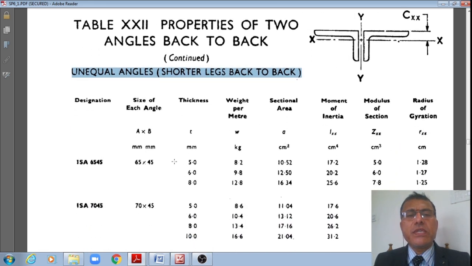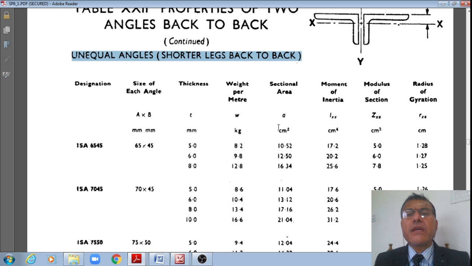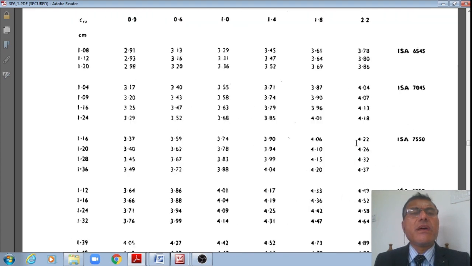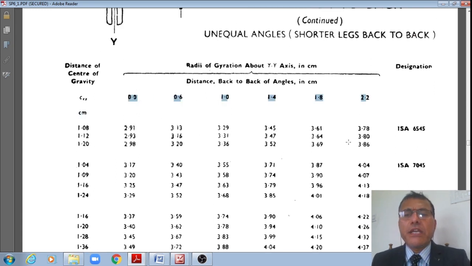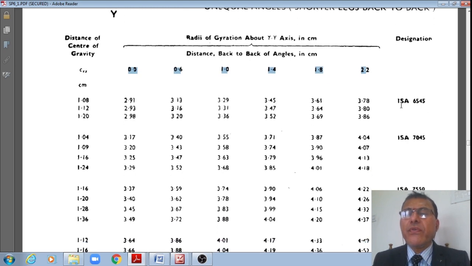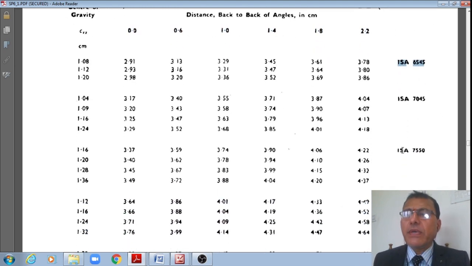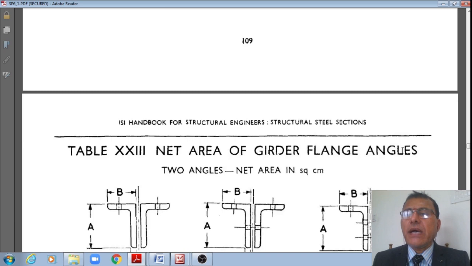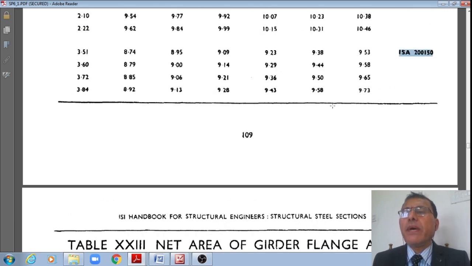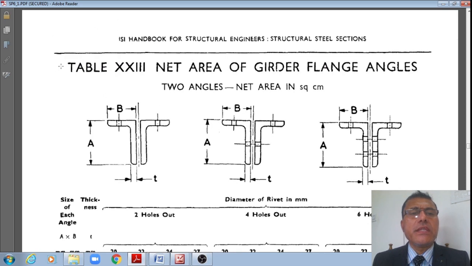The different properties, as you have seen in the previous case: the weight and the sectional area, the moment of inertia about major axis, the section modulus about major axis and radius of gyration, and the distance of center of gravity and radius of gyration for different gusset plates, when different angles are used, ISA 65 by 65, so on and so forth, up to as large as ISA 200 by 150. Next, Table 23 gives net areas of the